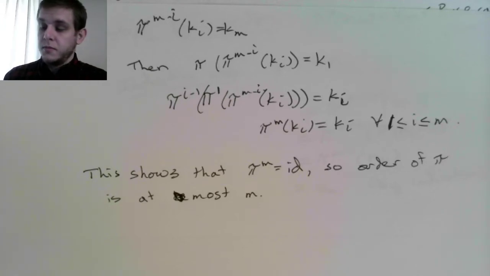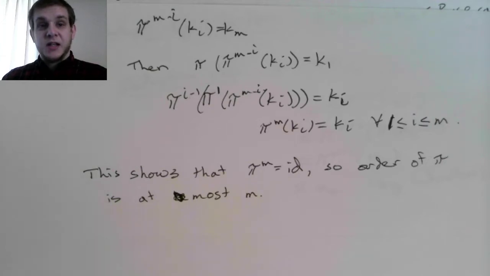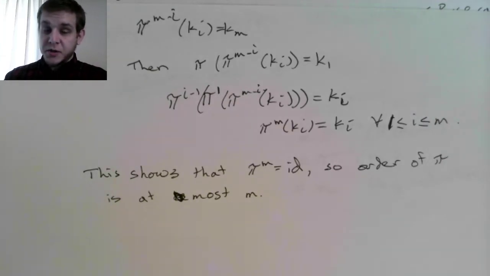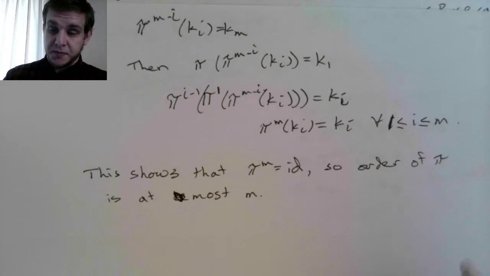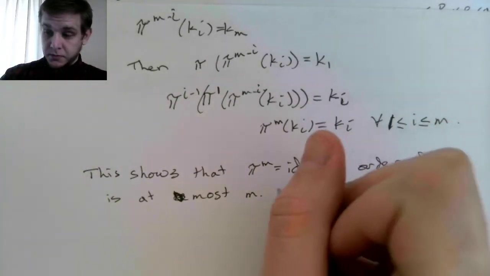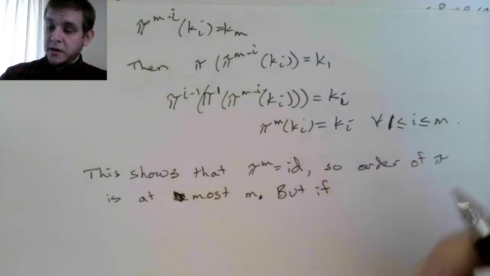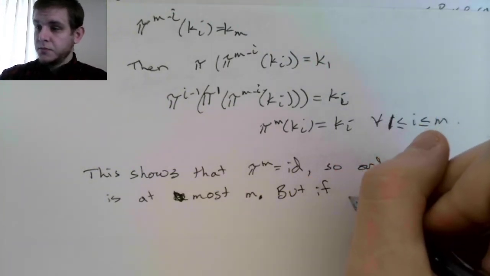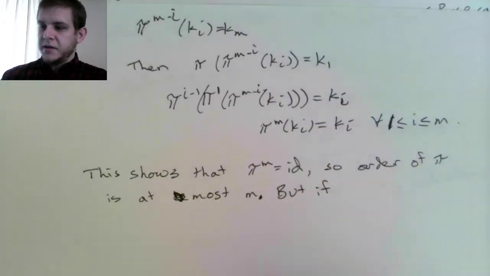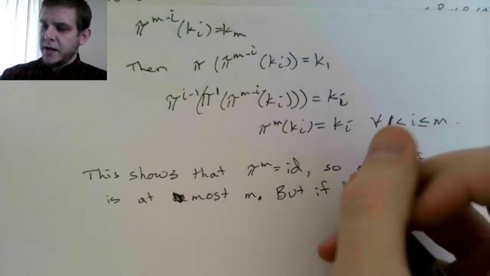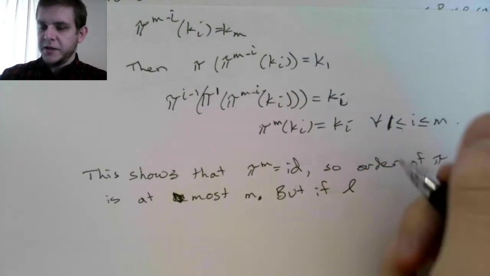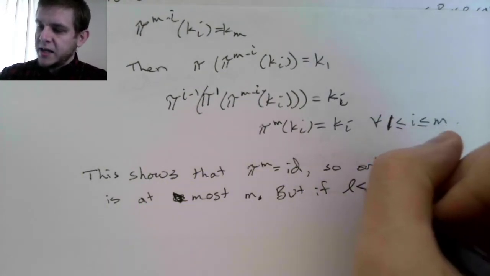On the other hand, I want to claim that it's equal to m. So I want to show that if I choose a number smaller than m, then it doesn't fix everything, right? There's something moved. It's not the identity transformation. But if n is the number of elements I have, so I don't want to use n, I've already used k. I guess I use L here. But if L is less than m,